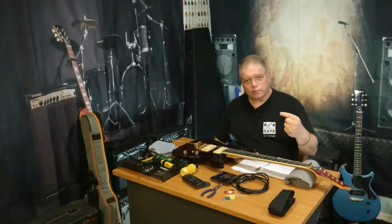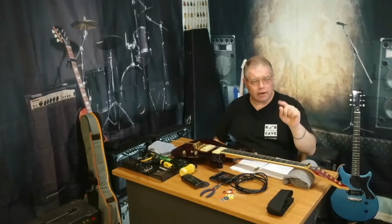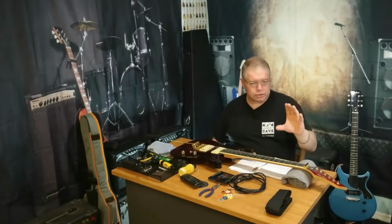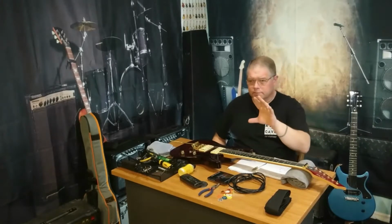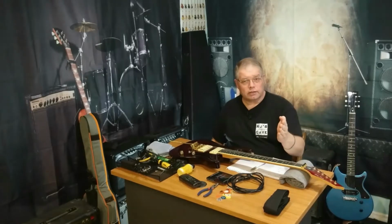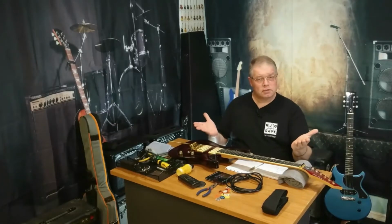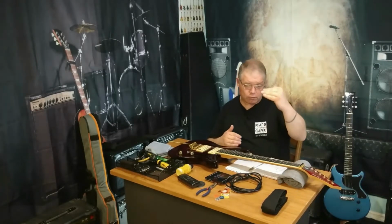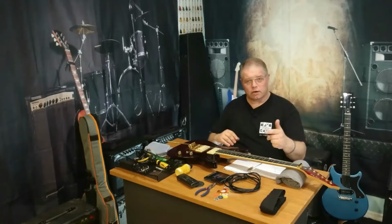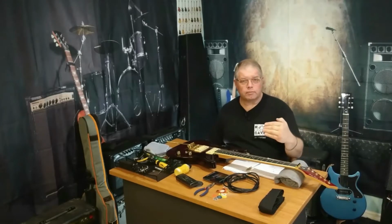Once I'm at the home page, I click on the guitar/bass icon in the banner, and then on the next page I see a picture of a guitar, and then pictures of different types of things that they sell. So I click on the guitar, and it comes to a page where it's all different varieties of guitars. On that page I go right down to the bottom, and there's a whole bunch of brand names in big boxes. Click on Harley Benton, and now I am taking a look at every Harley Benton branded electric